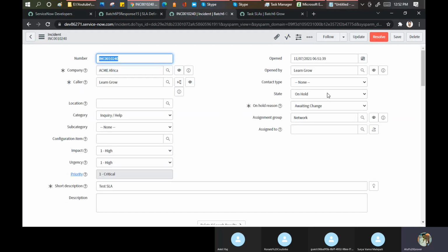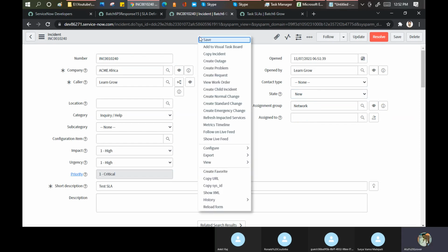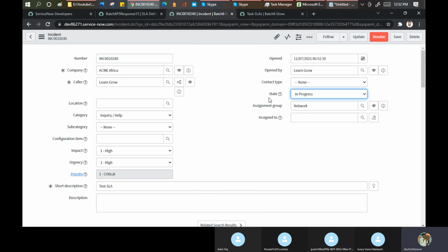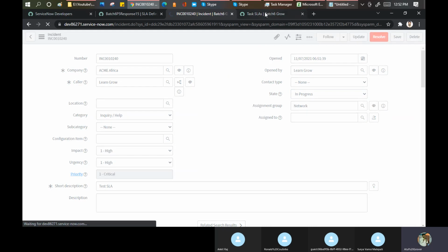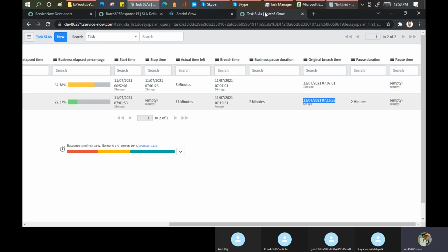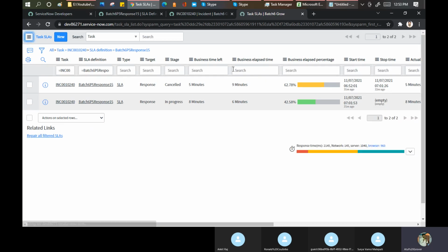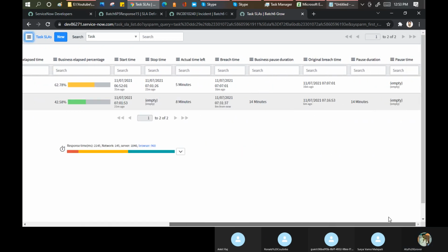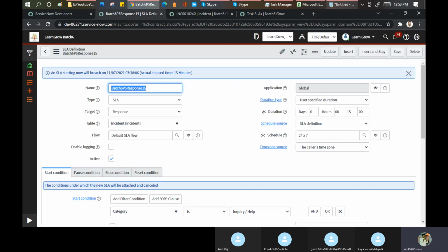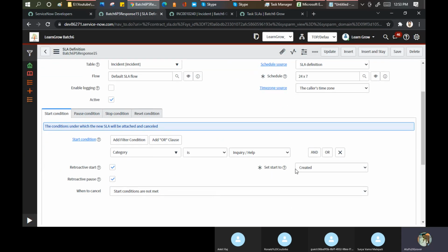Let's go here and go to new. Let's see what changes. No, not new, if we go to new then it will get cancelled. In progress. Let's see what happened to our incident. I'm 100% sure all of you will be confused now, and you should be confused. Actually, you should be confused. Only then will you put some time here. Total how much is it? 14 minutes will be our total duration. Original was this much. Now when will the breach be? At 7:31. Because we just started our retroactive start.